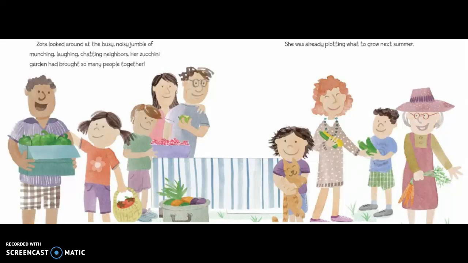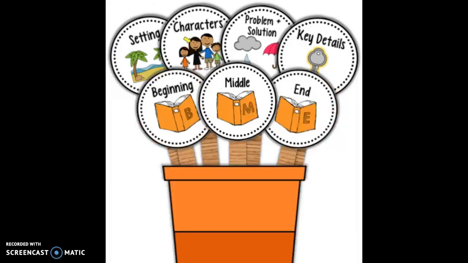Boys and girls, when you're reading stories, you can retell the story using key details from the beginning, the middle, and the end. If your teacher asks you to retell a story, or maybe your friend, or your mom or dad, you can think of these retelling sticks to help you remember. When you retell a story, you want to tell the characters, the setting, the beginning, middle, and the end. When you tell the middle, you'll want to include details that were important and problem and solution.